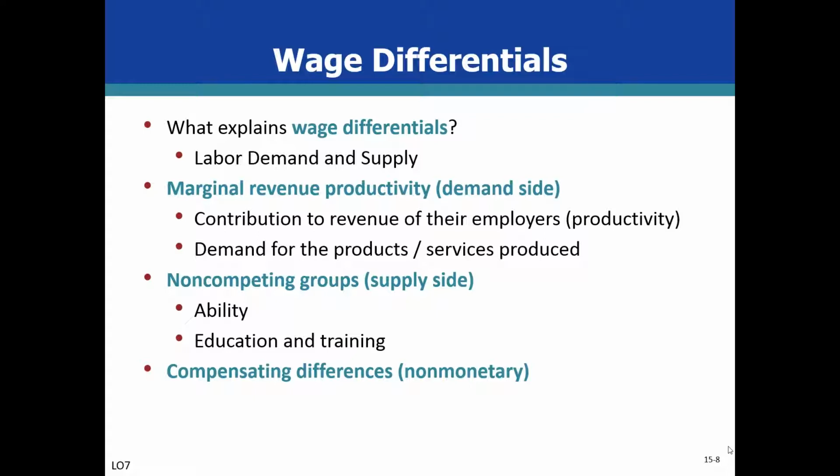Supply-side differences also matter. Workers are not homogeneous. Marketing and advertising people working for a retail outlet with a high sales revenue may get paid more than the executives in charge of inventory management for the same retail firm. Neither can do the job of the other. They're non-competing groups. But one group is deemed more valuable than the other of the firm.